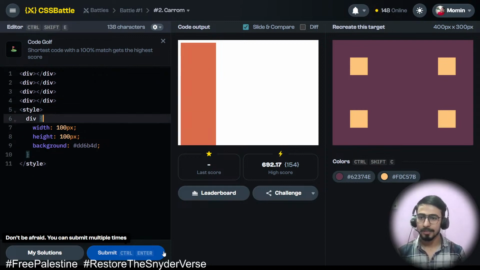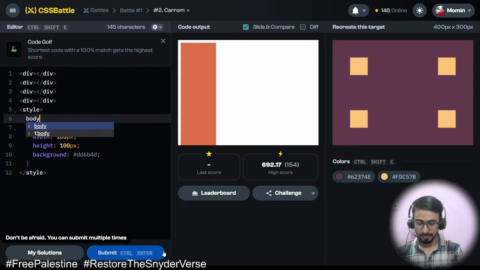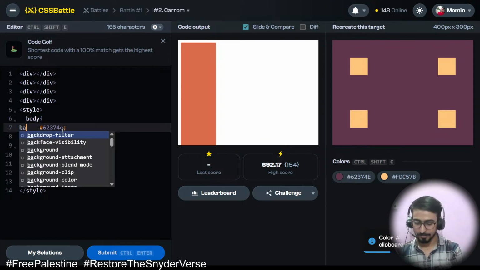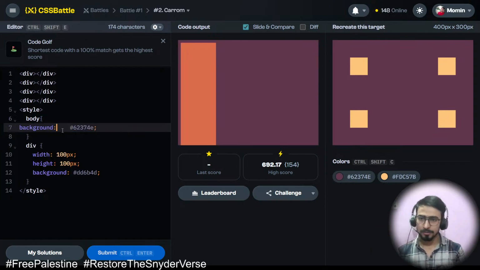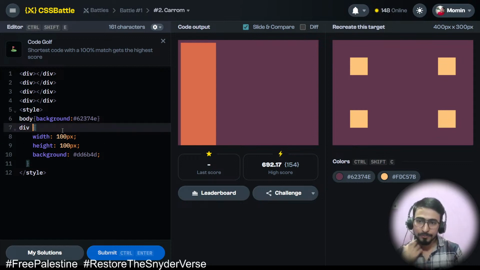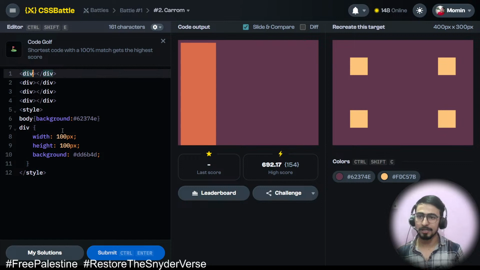Okay. Then in the style, let me style the body background color. Okay, I need also background. Here we go. And then for each div, okay, here I will do position absolute, then I will use A,